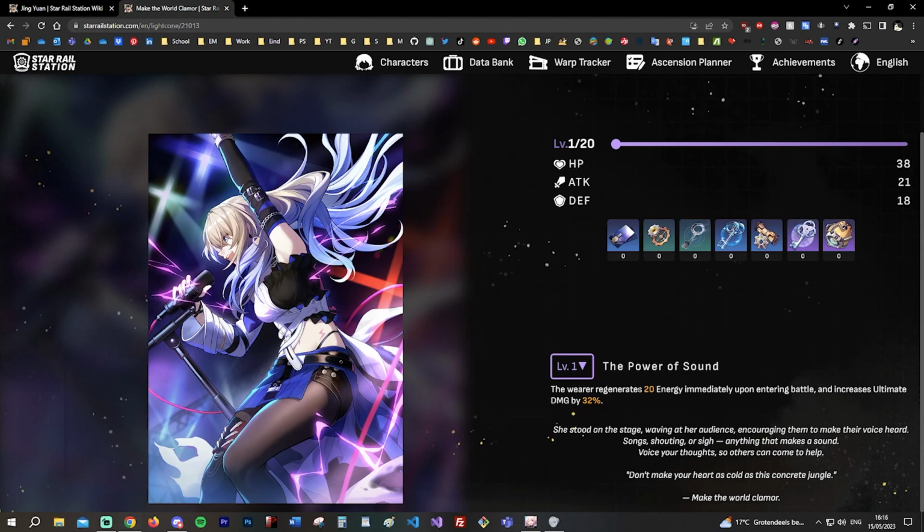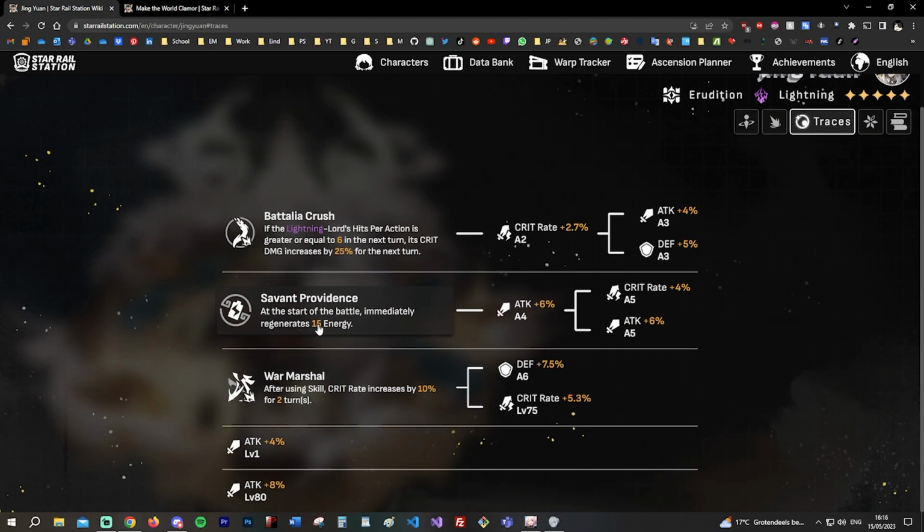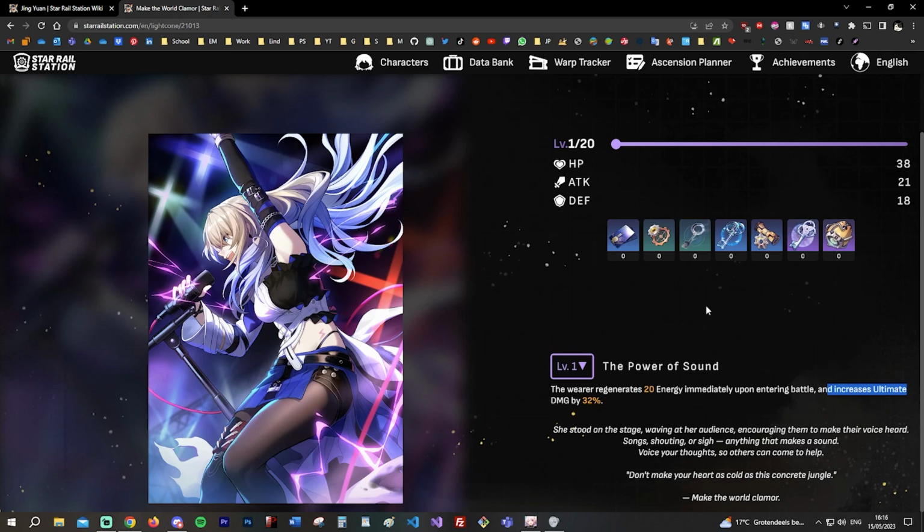This gives you energy when you enter the battle and increases your ult damage. So this one, most people might think it's whatever, but I think this is going to have a niche use, and a very good niche use, because if we take a look at Jingyuan's second trace, it gives you 15 energy at the beginning of the battle, and if you combine that with this 20, or if you have max superimpose 32, you get a lot of energy right away, and it increases your ult damage, which basically means that this is going to be a really good Lightcone